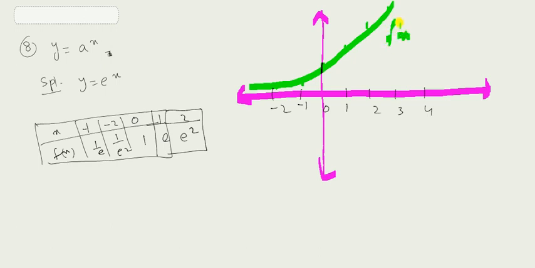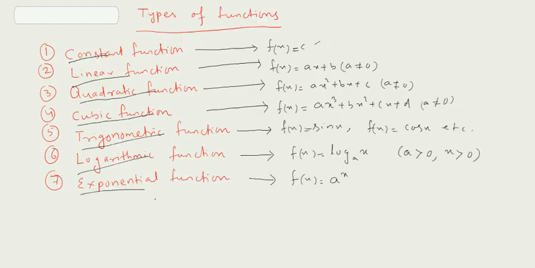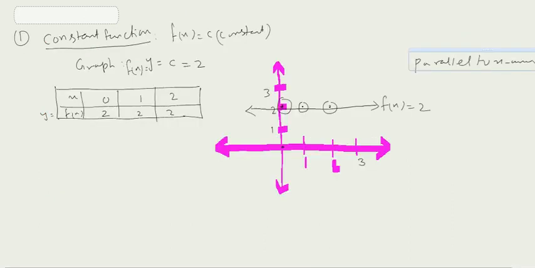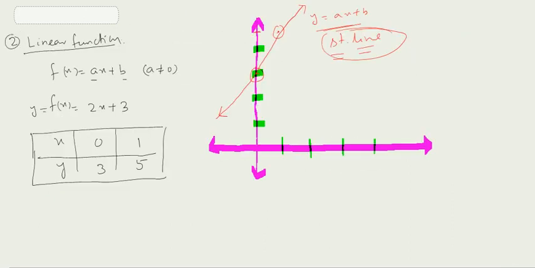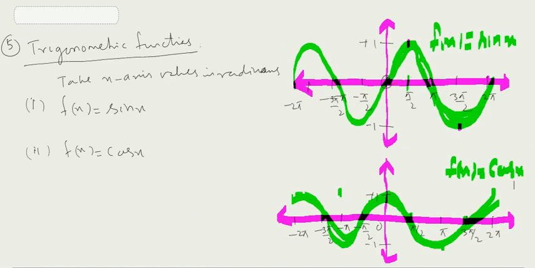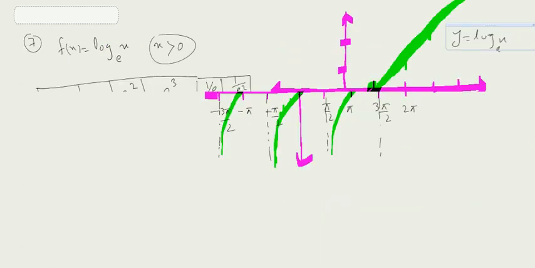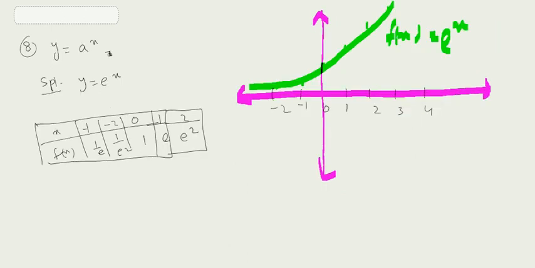So this is the curve of f(x) equals e to the power x, or you can take any function as a to the power x also. Okay, so this is the graph of exponential functions. The graphs actually give us an idea of how to interpret a proper function. So whatever graphs we have drawn today, these are the various functions, and one by one you try to see them carefully and analyze them, and it helps us in answering many questions easily and understanding the concepts also easily.